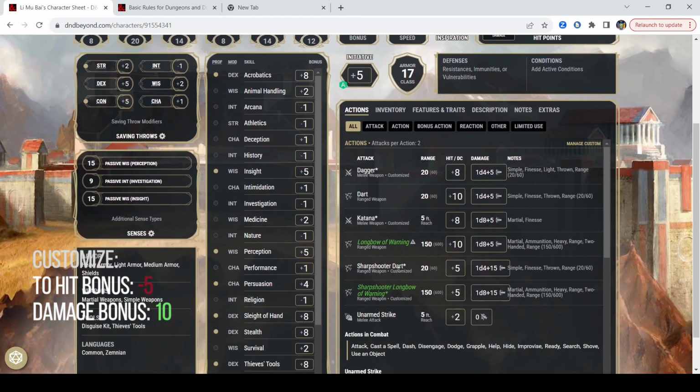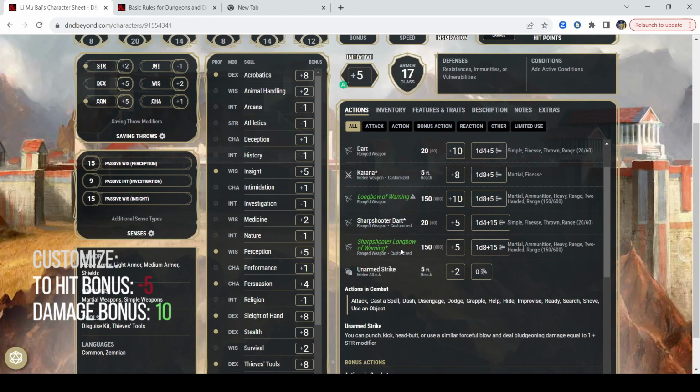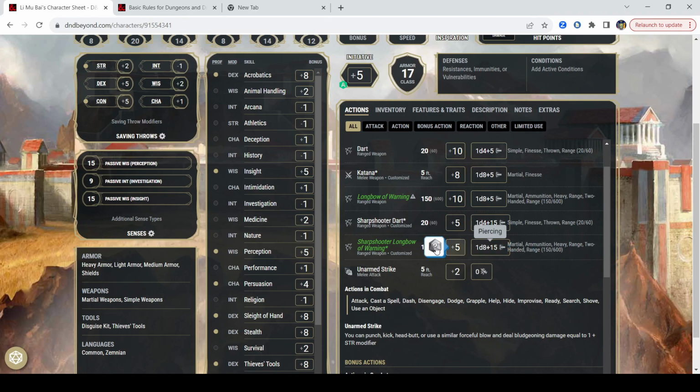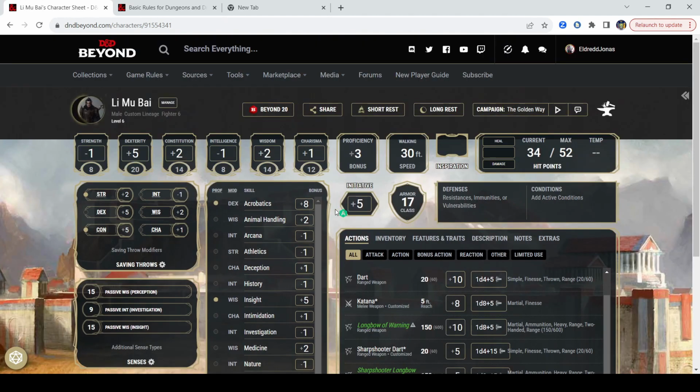So now, you can see our Sharpshooter Longbow of Warning has the -5 automatically calculated and the +10 automatically calculated. Now all I have to do is decide if I'm taking a sharpshooter shot or not, and then click the correct bow. This works for Great Weapon Master as well, and is something that I see players in my groups struggle with